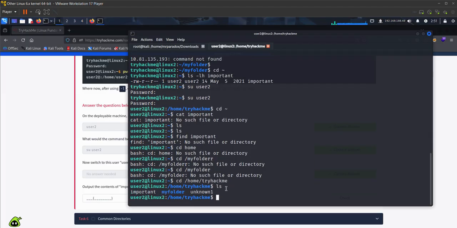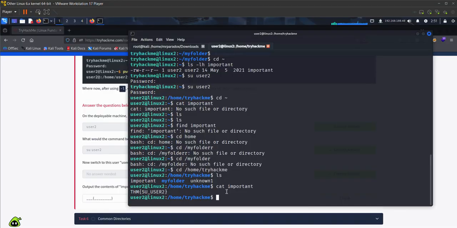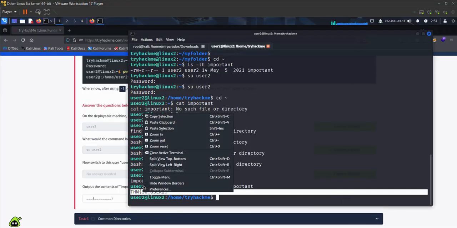Okay, ls, important, cat important. Our flag is that.